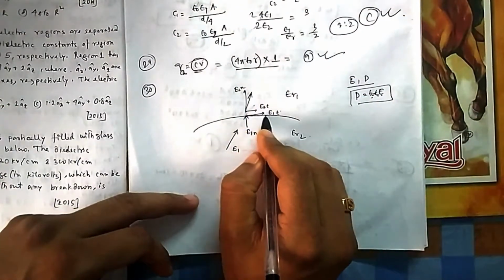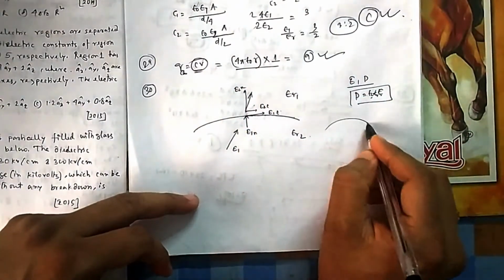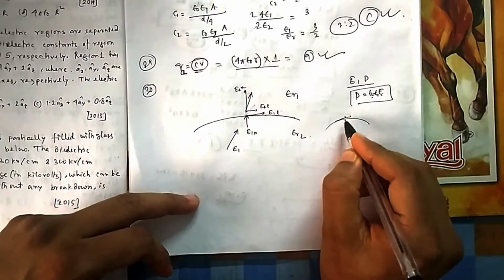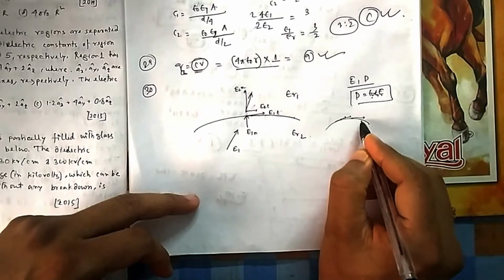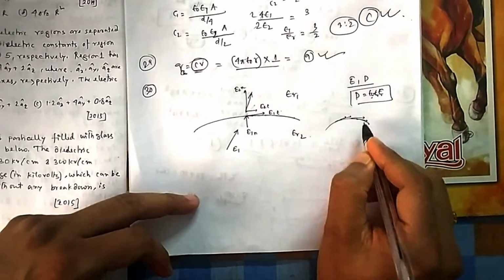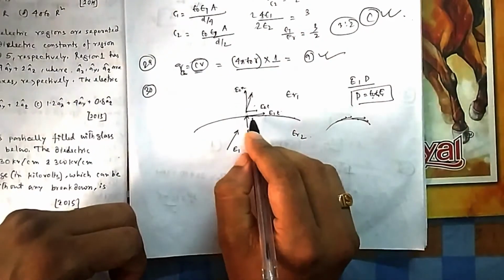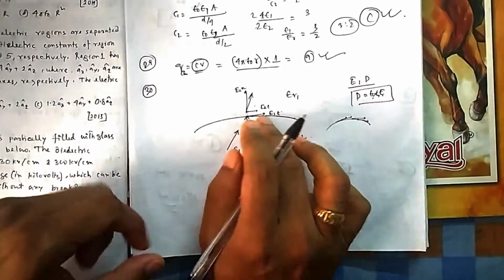You come here, again you take the tangent. You come here, again you move along the tangent. If you want to move along this curve, you have to move along the tangent, come here, again move along the tangent. So this is the way to move along the curve. You move along the tangents. So if you move along the curve, there is no change in the potential.